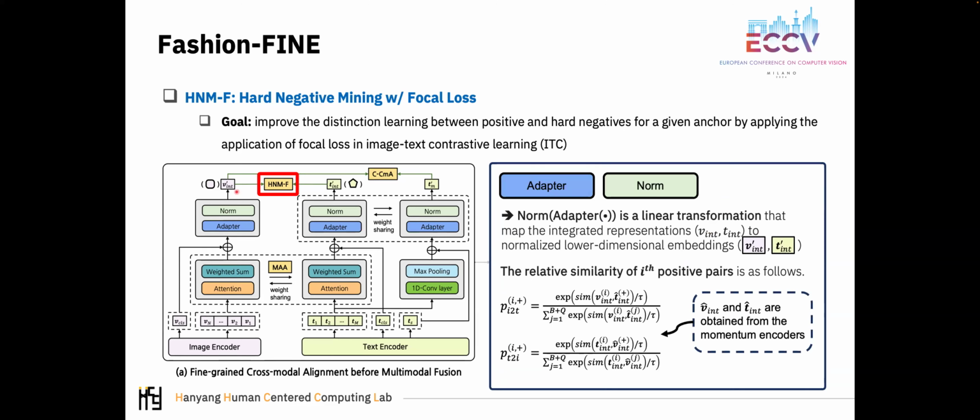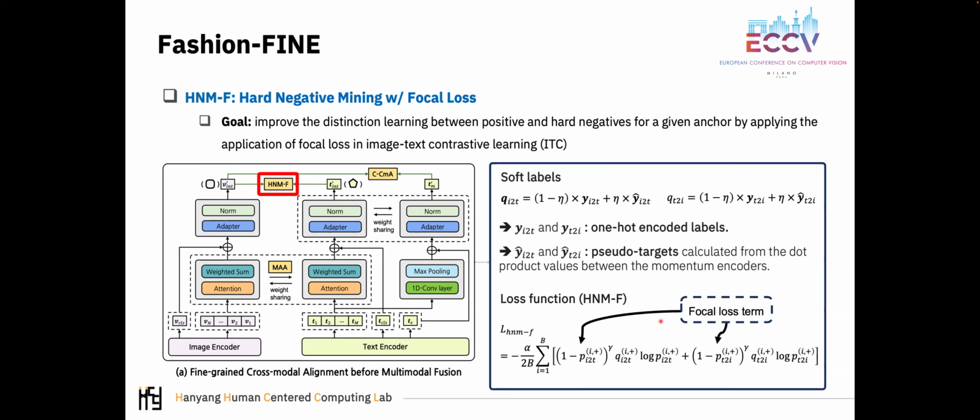The second module, HNM-F, helps the model focus on distinguishing between positive and hard negatives. Our HNM-F is based on contrastive learning, so we calculate the relative similarity as follows. We use soft labels to learn HNM-F, and the final loss function is as follows. By adding the focal loss term to the basic contrastive loss, our loss can focus more on learning hard negative